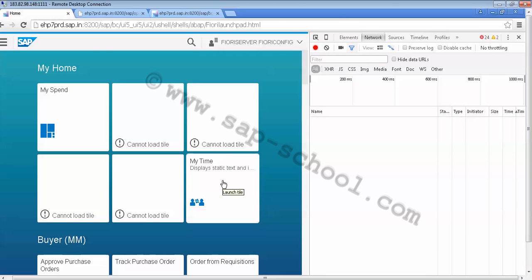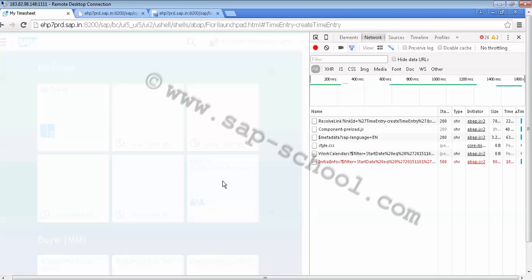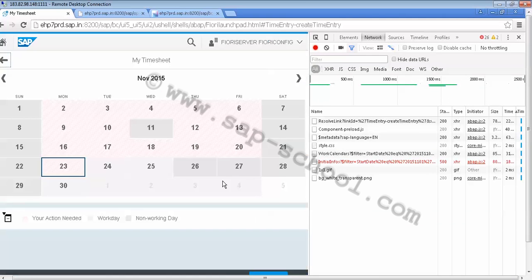If I click on this My Time, it is again calling a few OData services. Now we can review the list of the called OData services here. We can see here which OData services are called.